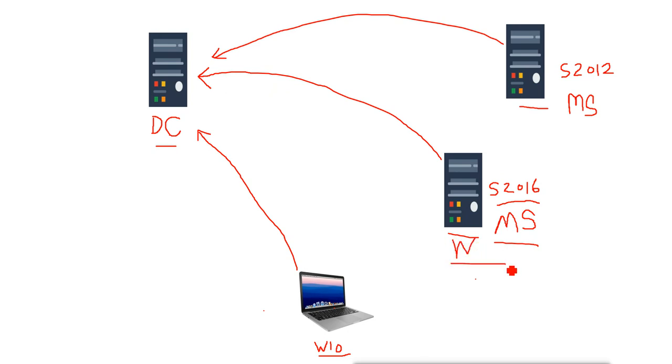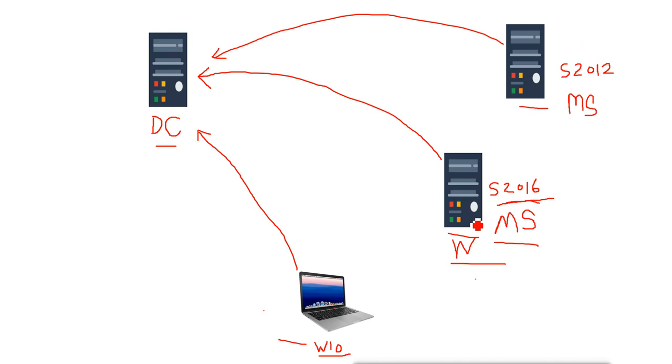So they will do the job for that, and that I cannot do on this client machine, because on the client machine I cannot configure this machine as a DHCP server. I can only configure a machine with a server operating system as a DHCP server. So for that I will use these member servers, and there are many other services or reasons we use these member servers.